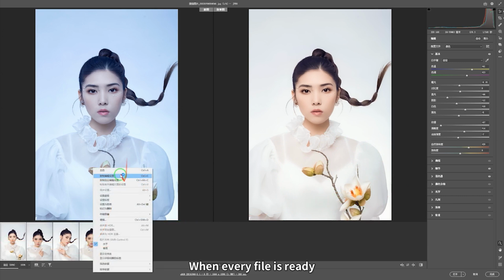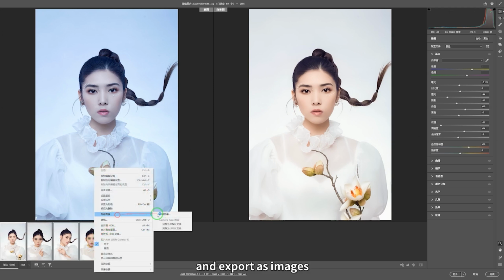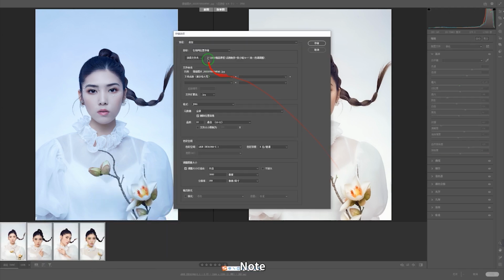When every file is ready, select all and export as images. Note: you can save to the same folder or create a new retouched collection elsewhere. Set the long edge size. For WeChat articles, 3000 pixels is plenty. For archive purposes, leave resize unchecked and keep the native resolution. Format choice. Use TIFF for portfolio work, JPG for everyday delivery. Once the settings are locked,